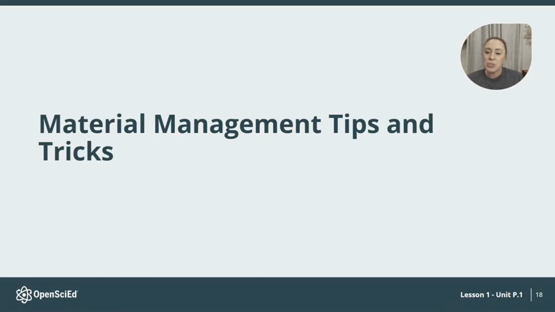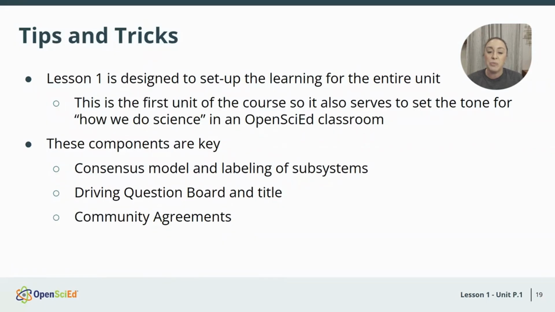So as we close out, I just want to go over a couple of quick material management tips and tricks for us. And that is really just to remember lesson 1 sets up the learning for the entire unit. And this helps us really articulate to students our expectations on how we do science in an OpenSciEd classroom. And a couple of components of this in the slides that I've talked about previously are important. That consensus model, labeling the subsystems, because that will come up later in future lessons, naming the driving question board with a title to help us remember our purpose, as well as setting those community agreements so that we can